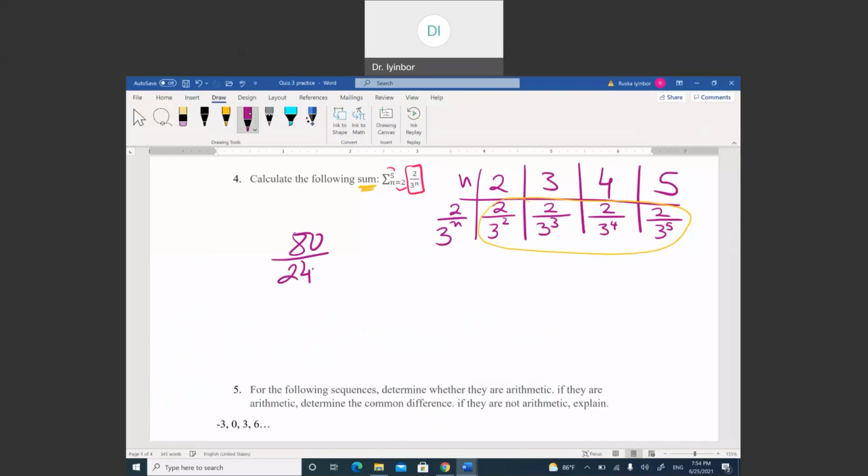And that's my final answer. When you add all these fractions, this is what you're going to get. Okay, and use your calculator. So the next one